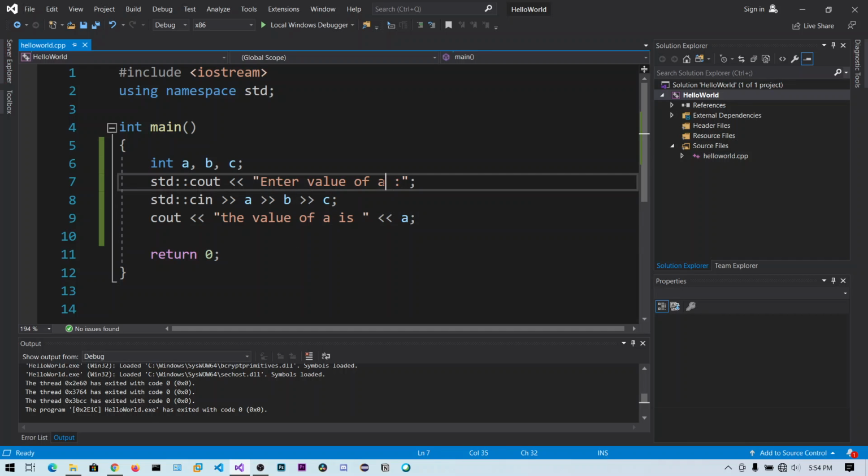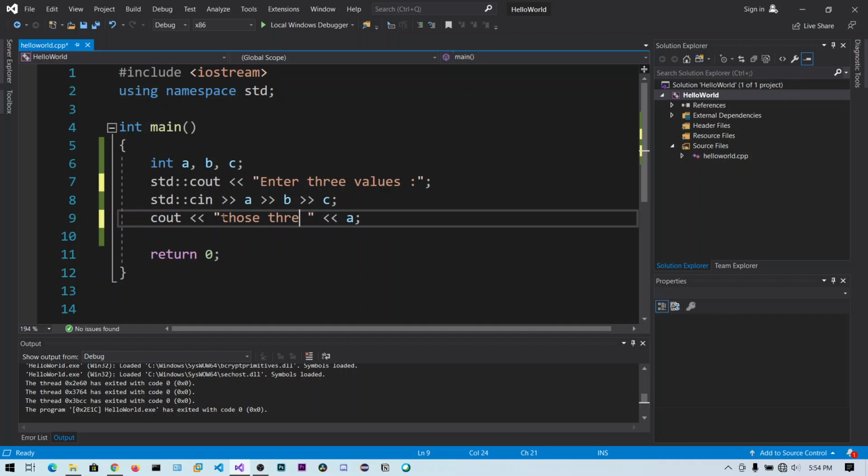Enter, let's say, 3 values. Enter 3 values, and we are printing those 3 values we have entered.